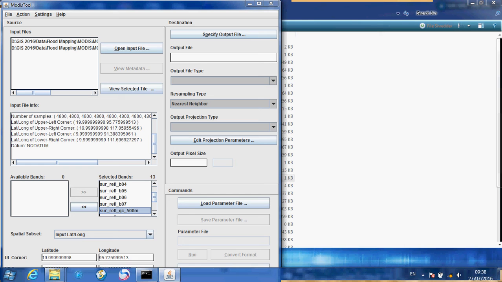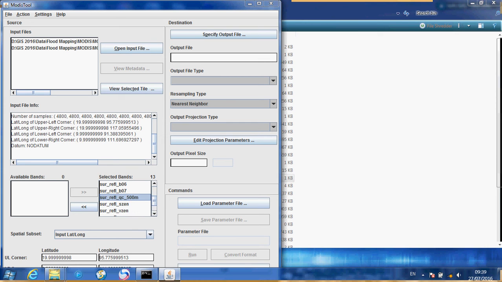You have this one, band 1 to band 7 and this QC band. Okay, we need only those data, but in here you can see some other information that we do not need. What you will do, you click on one here. Okay, press the shift key and click the bottom one.